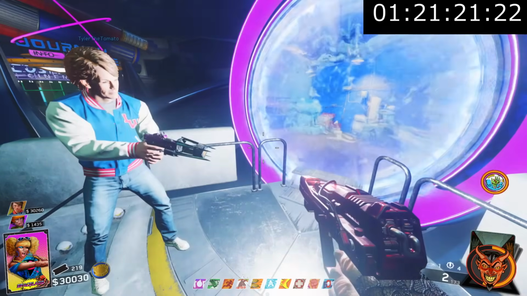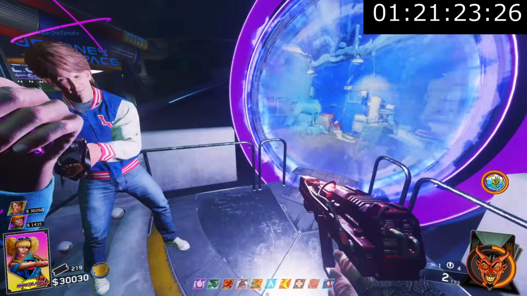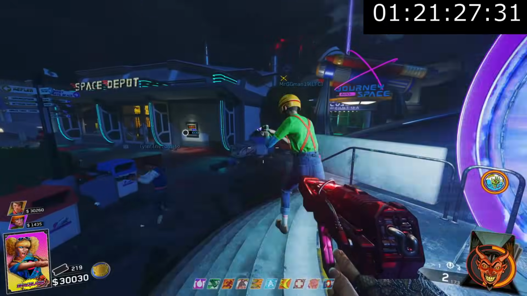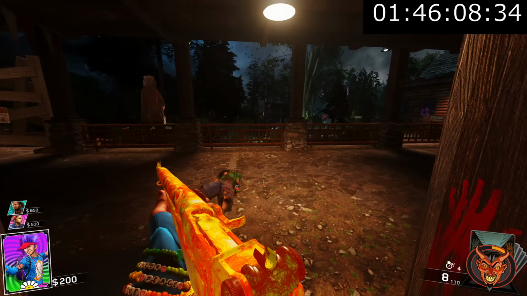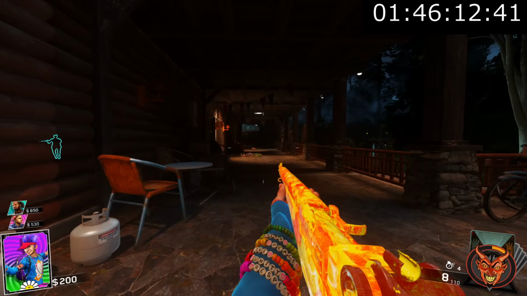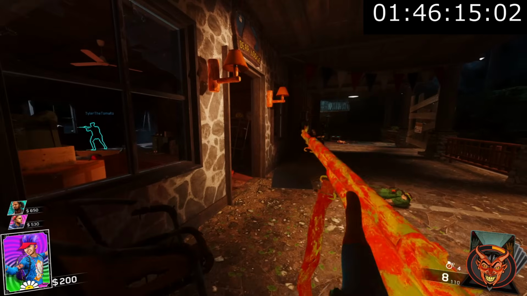And yeah, after picking up the soul key, we beat our first Easter egg in 1 hour and 21 minutes. Honestly, not a bad start. If we continue on at this pace, we'll have this done in no time. Before we started Rave In The Redwoods, we took a little break. Well, mainly because somehow a file on my game got deleted and I need to re-verify my game files, but after about 20 minutes, we're back in business and we can finally start on the Rave In The Redwoods Easter